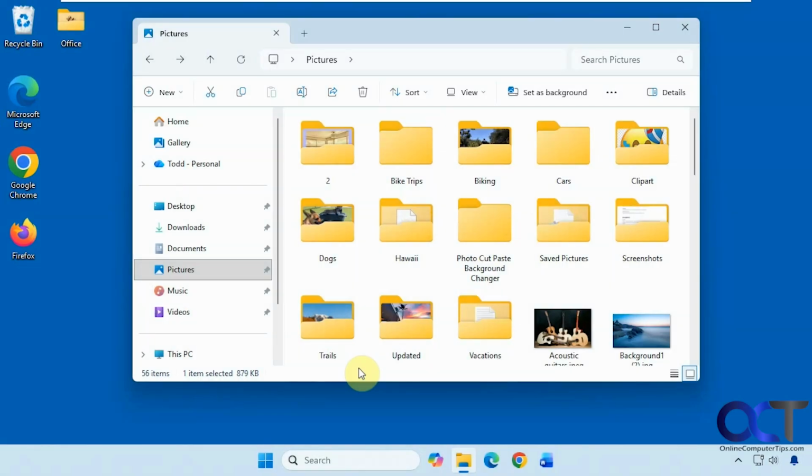Hi, in this video we're going to show you how you can save your searches in File Explorer in Windows 11. So you used to have the option to save your search. You could go back to it later and run that same search, but now you have to do it a little differently. So we recently did a video on how you could do that by making a shortcut